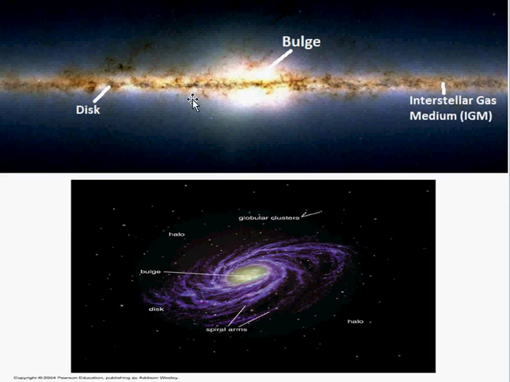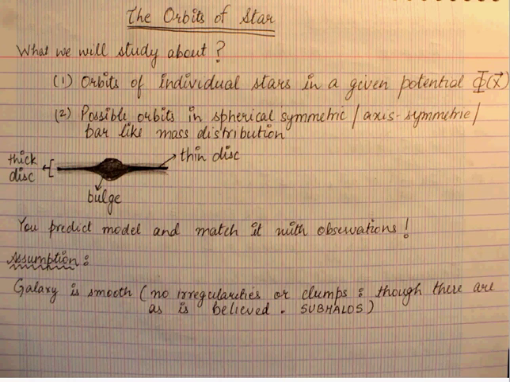Though this brightness can be broken down into individual stars, right? All this brightness comes from the stars, basically, apart from the gas, right? But since there are so many stars in the galaxy, it's really moving as a bulk. We consider the galaxy smooth, so that the derivatives that we take with respect to velocity or with respect to position, for example, are valid everywhere, right? So we are not dealing with any irregularities or clumps, though we know that there are subhalos in the galaxy,